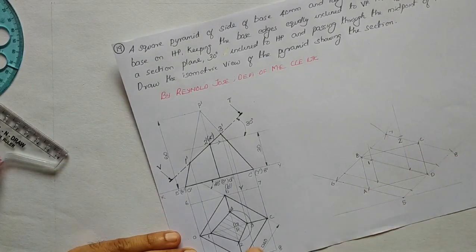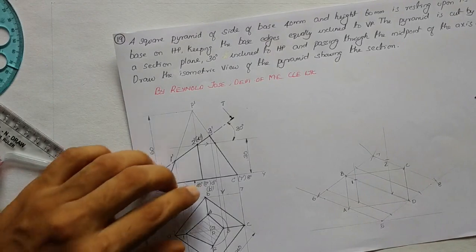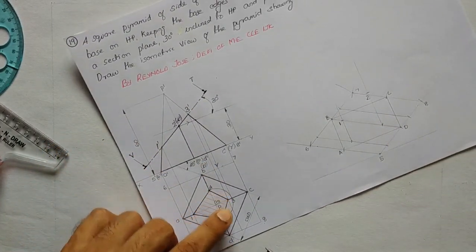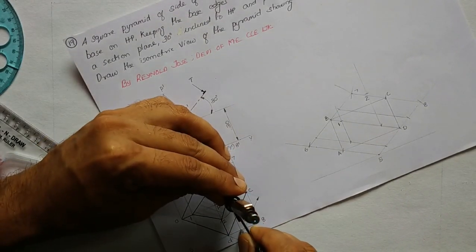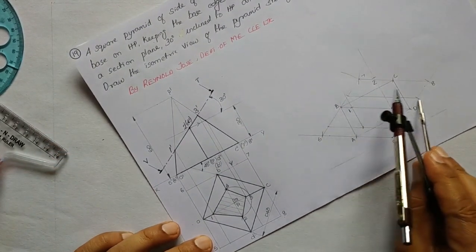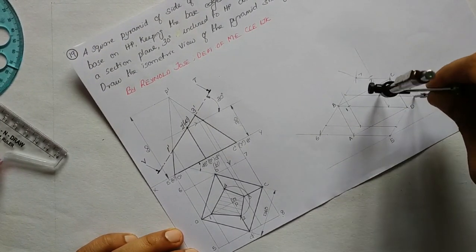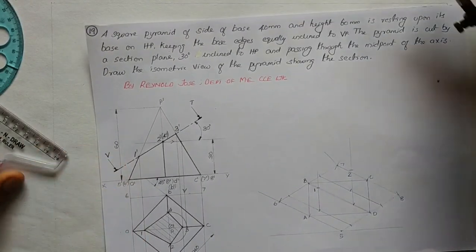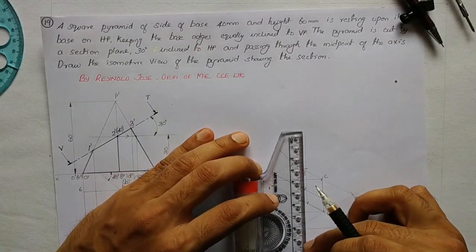Likewise, let us mark point 3. Here we are having a line, and this line and this line are the same. Let us take the measurement of 3 with respect to 5 8 using compass, and mark the same measurement along this line with respect to 5 8. From this point, let us draw a vertical height. Initially, let us draw a thin line here.